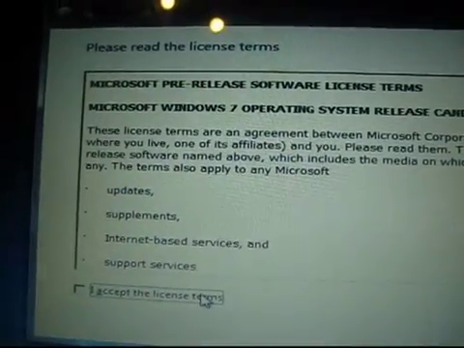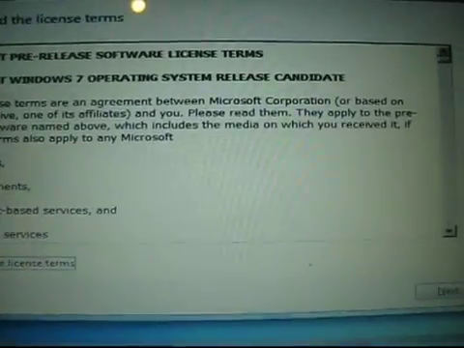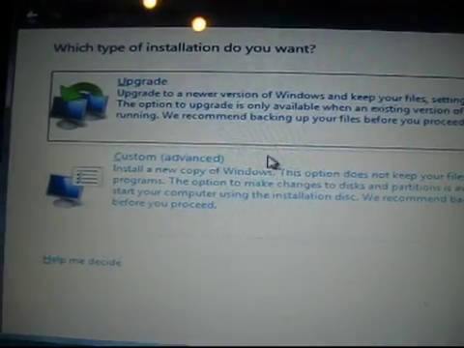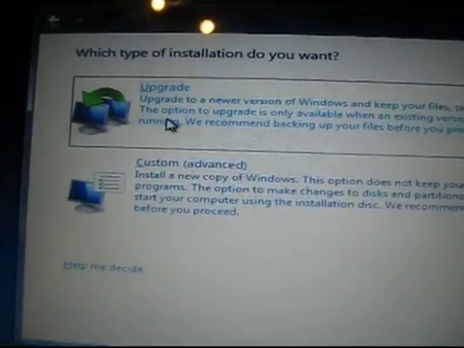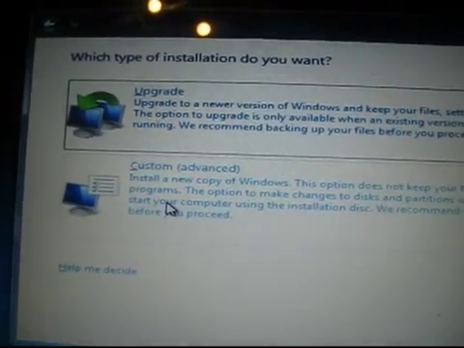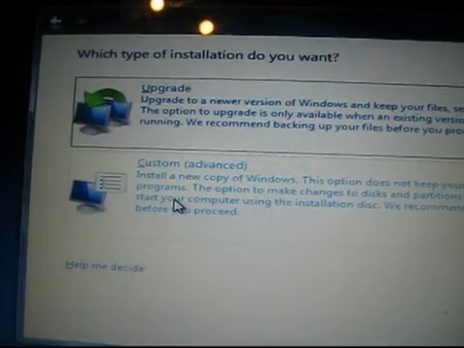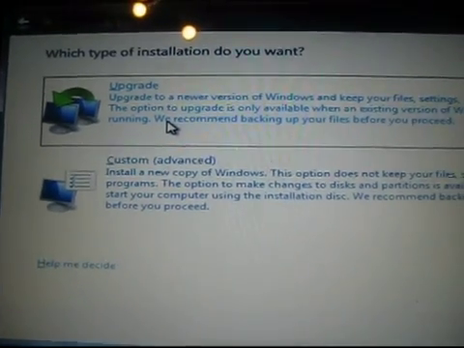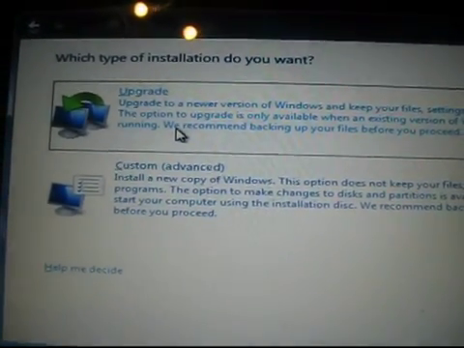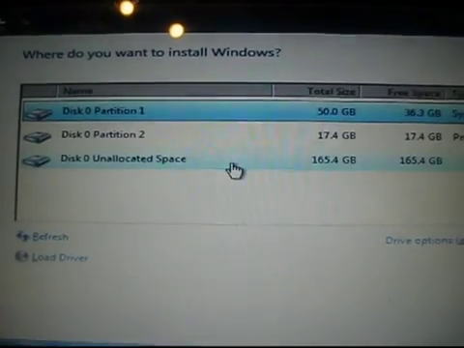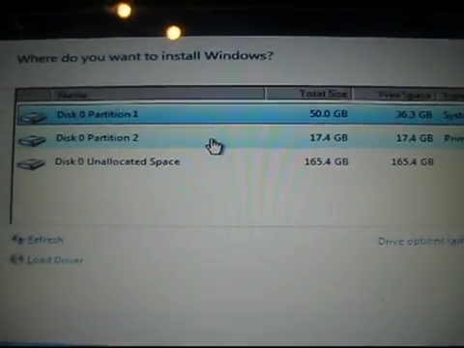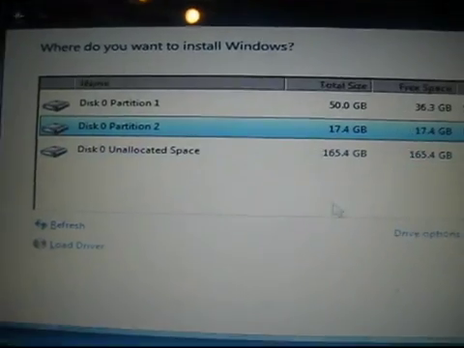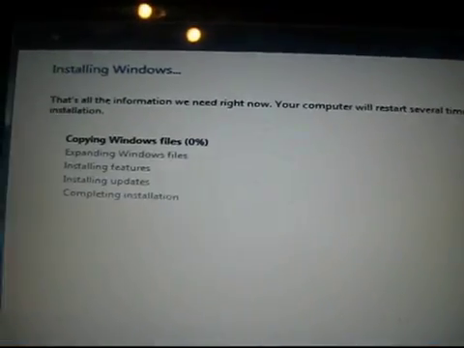Okay, and you click accept license terms and click next. Okay, here now this is where it's gonna be different. Instead of upgrade, what you select is custom install. Now the upgrade option is available because it assumes you want to upgrade Vista, but that's not what we want to do. We want to do a dual boot, so we have to select custom, and then now we're going to select partition 2 because we already used partition 1 to install Vista, so we're going to select partition 2 and click next, and basically